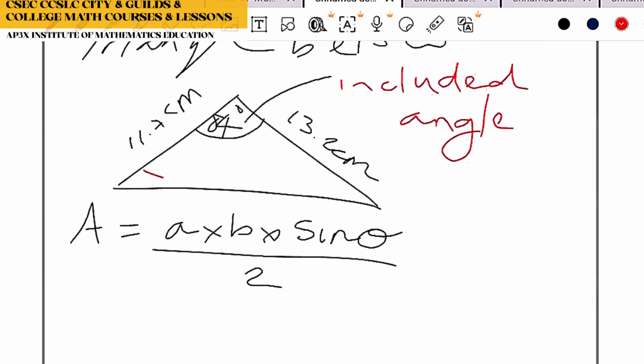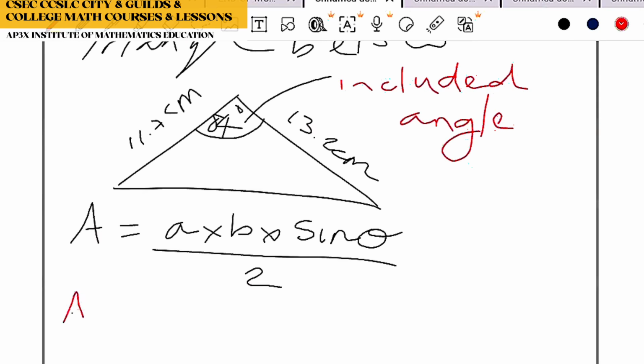I can put this angle that this is 47 degrees. And then I ask you to find the area, which what I'm trying to do here is to test to see if you know which angle you're going to find the sine of. Now, we can't use the 47 degrees because the 47 degrees is not between the 11.7 and the 13.2. So therefore, this forces us to use the 84. All right. So in this case, it's a very simple calculation, nothing too difficult.